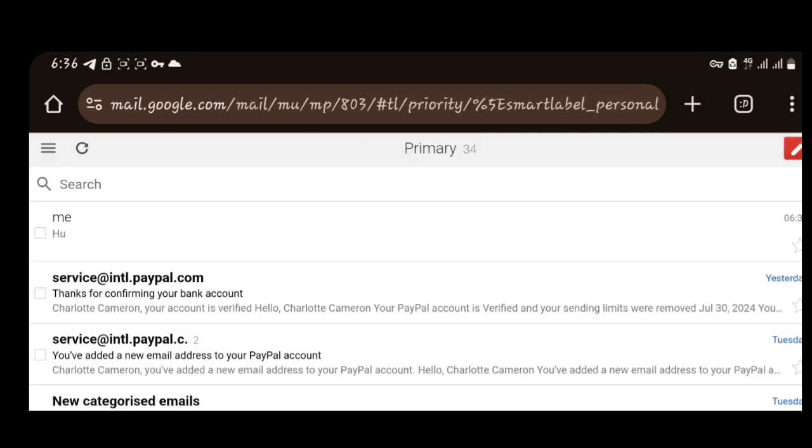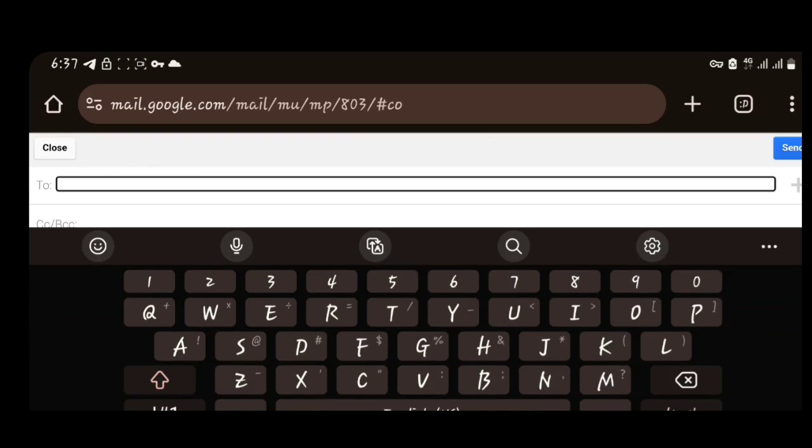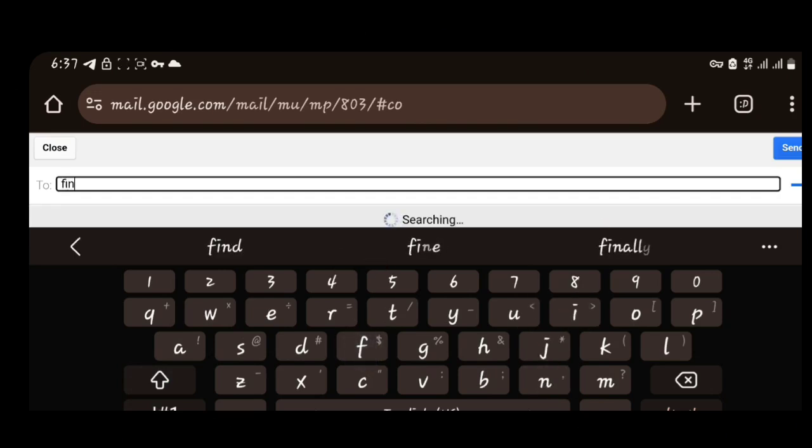So what I need to do is just to click on compose. After clicking on compose, you just need to add a plus sign, and if there's any word you need to attach to the previous email address, you add it. So I'll just say, remember that my email address is finegirl647@gmail.com. So I'll just go ahead and type